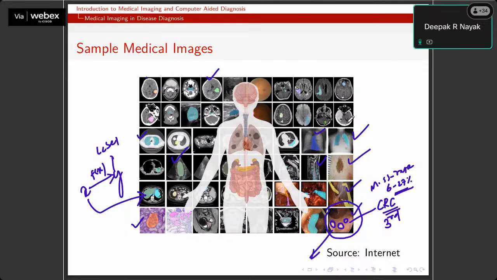Let's say your task is a brain tumor grading problem, where you take an image as an input and grade the tumor, whether it is grade 1, grade 2, grade 3, grade 4, and whether the tumor is there or not. That is a kind of classification problem where your task is to assign a particular label with respect to each image which is given to us.